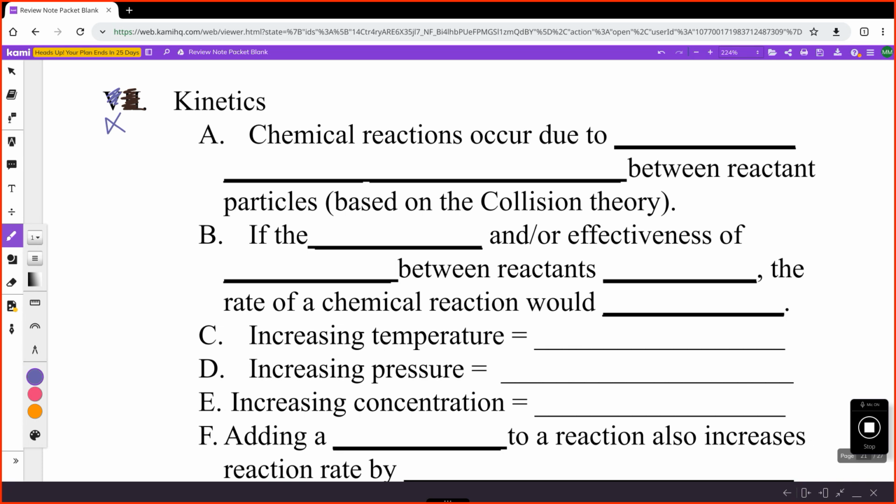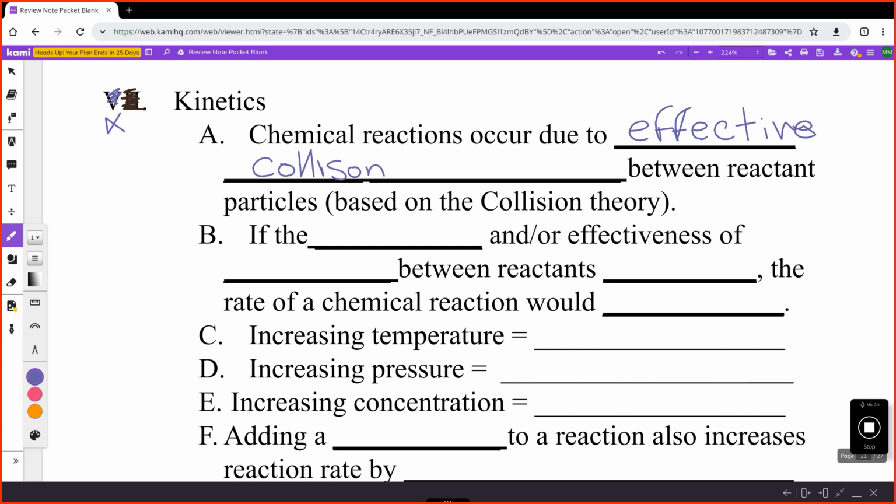And all of this has to start with the fact that a reaction occurs due to something called an effective collision. An effective collision is based off of two things as well: energy and orientation. So if two molecules can react with one another, they all have to collide, number one,